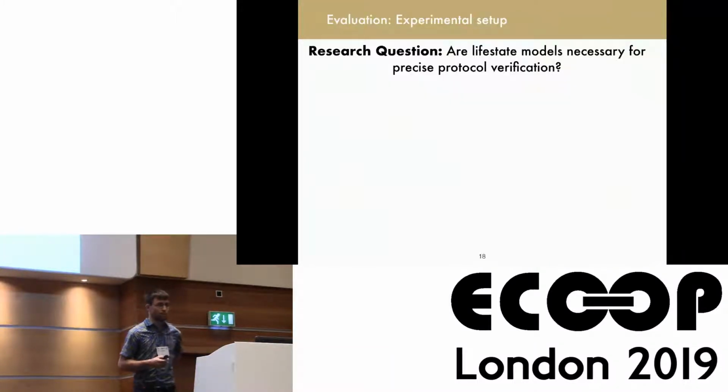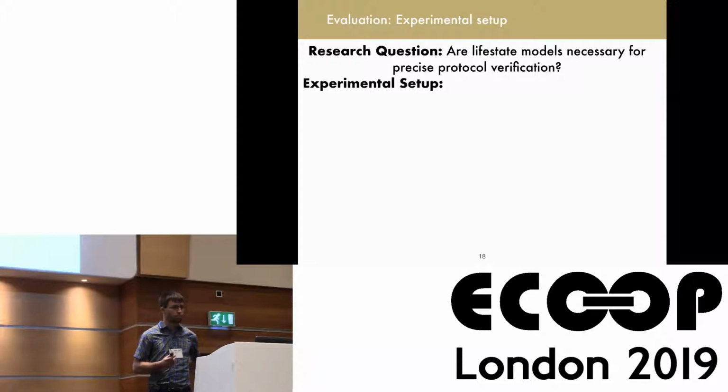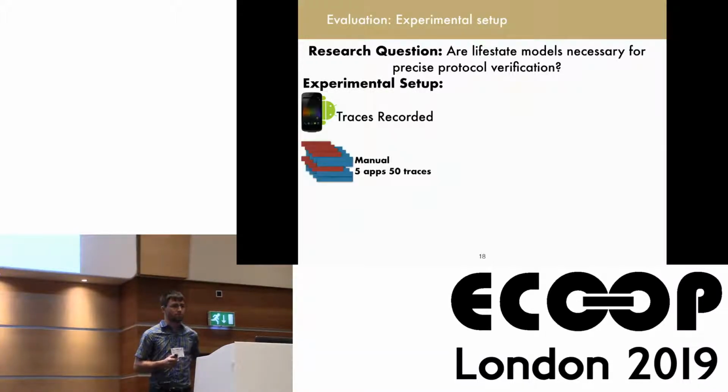So moving on to actually evaluating the system, we first ask the research question: are Lifestate models actually necessary for precise protocol verification? And with the experimental setup, we start by recording a bunch of traces. We started out with 5 hand-selected real apps that were suggested to us by Android developers. These are open source things. And then we had an actual device set up, and we had somebody run it for 10 minutes for each trace,